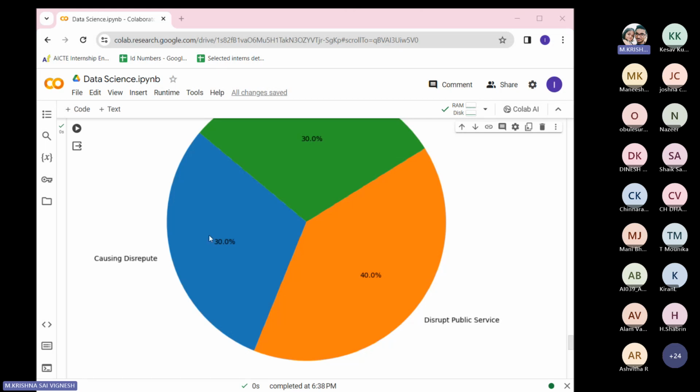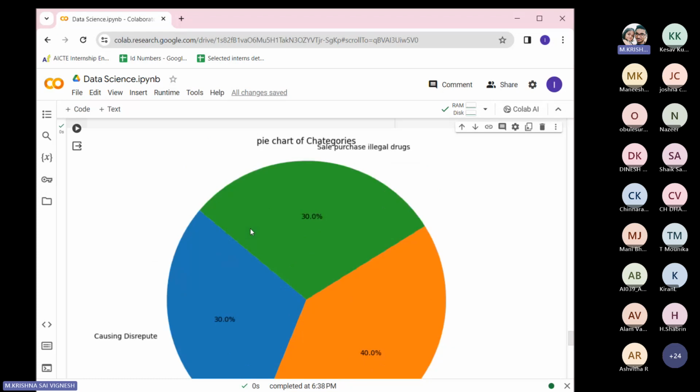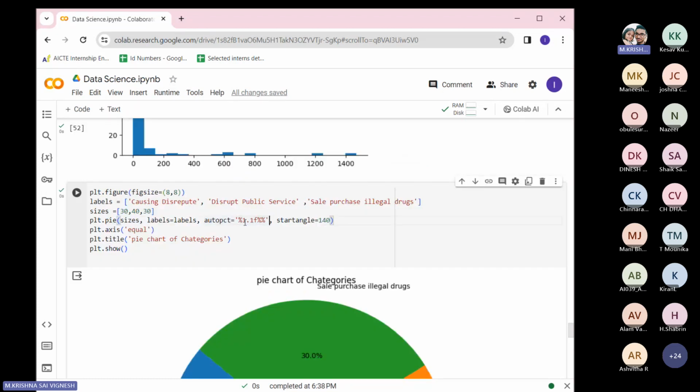That one is there now, like %1.1f. It is string formatting: the percent sign indicates the format specifier, 1.1 is the decimal format. It will display one digit after the decimal point. F means floating point number. You can check like this also. See, if I give %1.1f